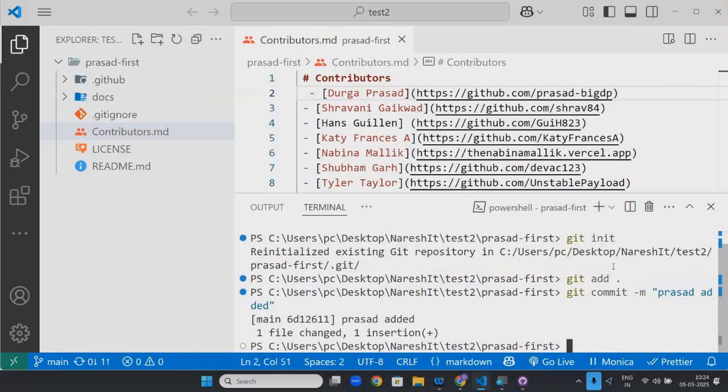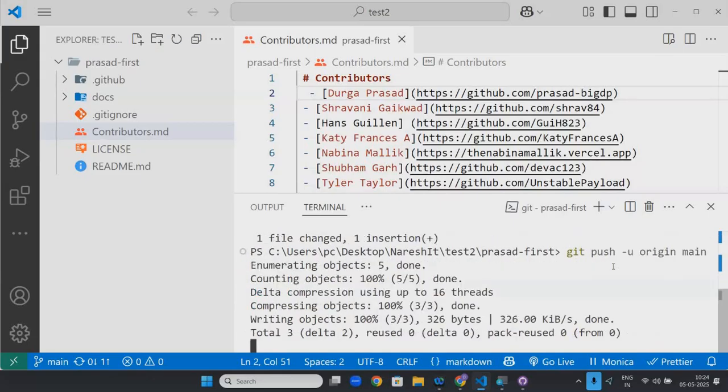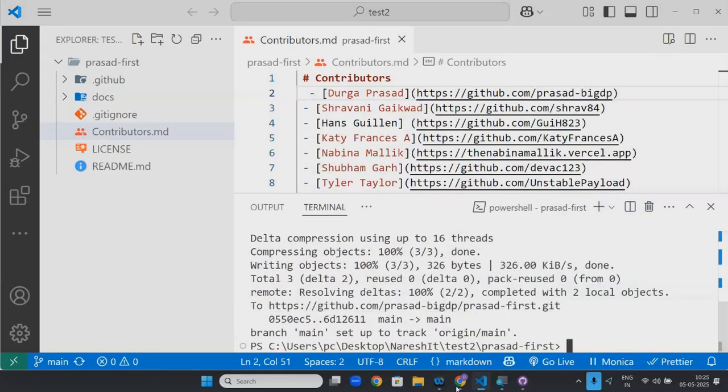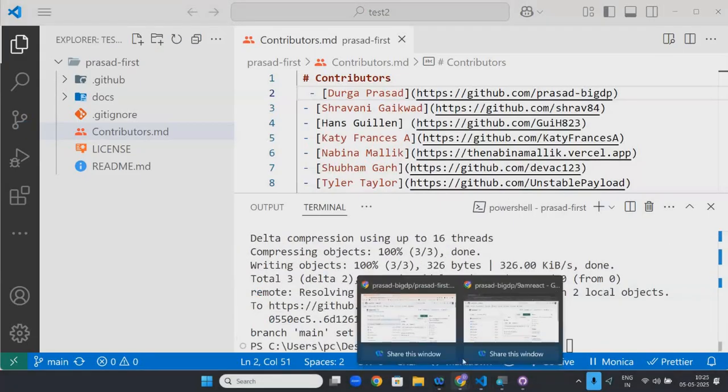Who are you already? I am there. I don't need to say who are you every time. Remote origin also I don't need to mention because I cloned it only. So all I will do is push: git push -u origin main. I pushed it. Now everyone can see it here online.